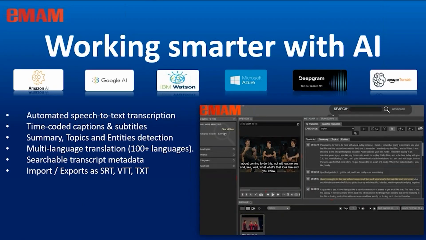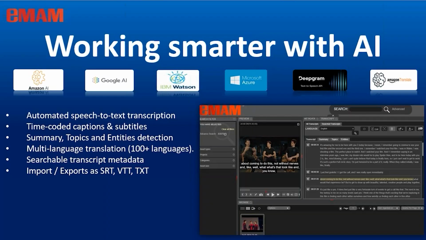So today, most media companies have to deal with a very large amount of video and audio content every day. If you look at the old way of processing transcripts and translation, one person has to listen to the entire recording, type every word, and translate it line by line. So this was a completely manual process, with a lot of effort, pain, and cost associated with it. But today, with the help of AI, a lot of this work can be saved and automated. For example, converting speech into text with high accuracy,